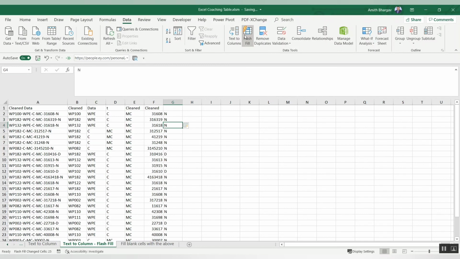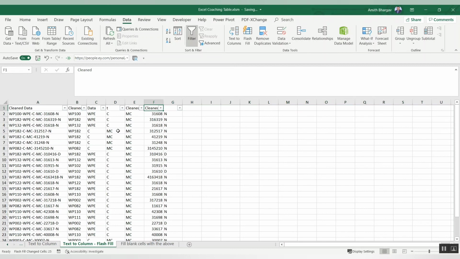So what did it do? If you see here, MC is there, again MC is here, because it analyzed MC and took MC. In our text to column, it updated the number in this column and N in the amount column. So certain things we should not consider 100% on how Excel does.